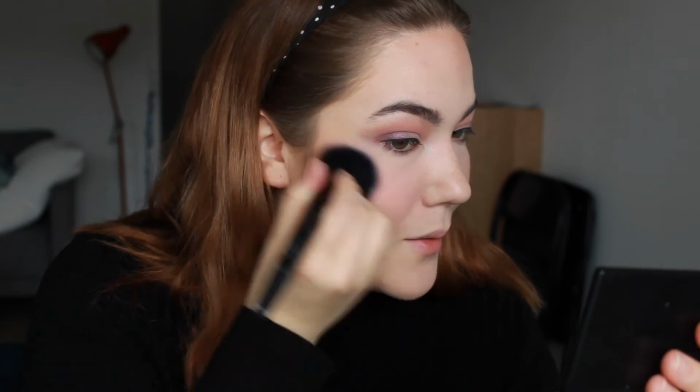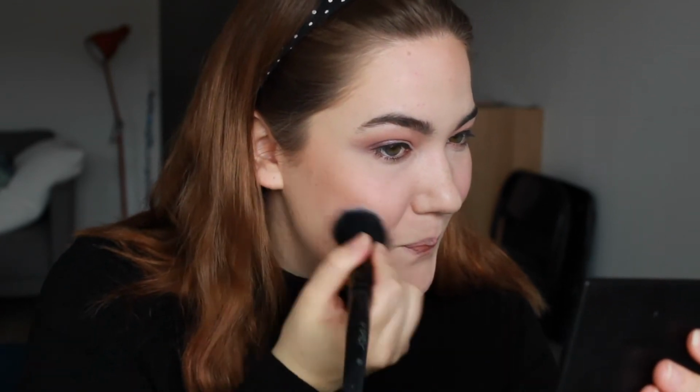This blush is really super pretty. Oh, it's definitely a lot more pinky than peach. Really pretty blush, and it does give a nice glow. My camera cut me off. That's so rude. It's really pretty and very blendable again, but I almost feel like I don't need to